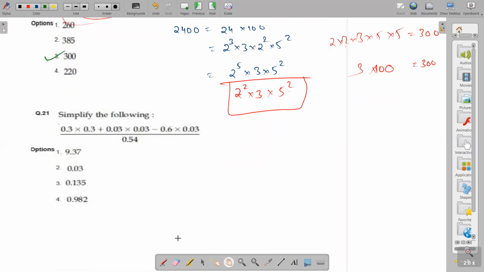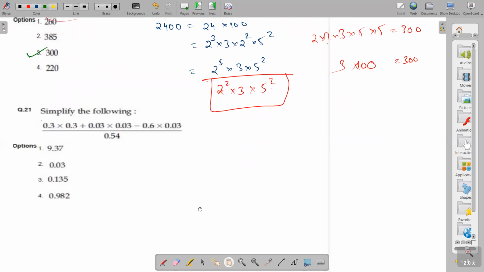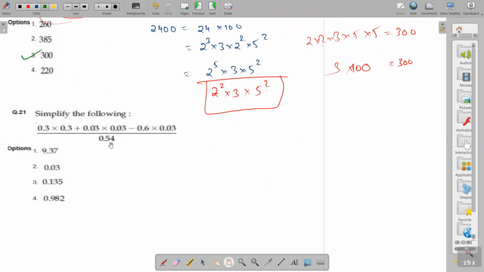Anyway, in this question, what will I do? I will multiply the numerator and denominator by 100 to make this decimal free. This is 3 into 3 plus 0.03 into 3 minus 0.6 into 3. I have multiplied numerator and denominator by 100,